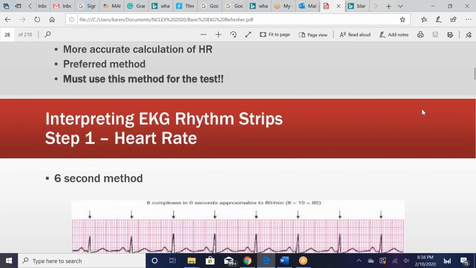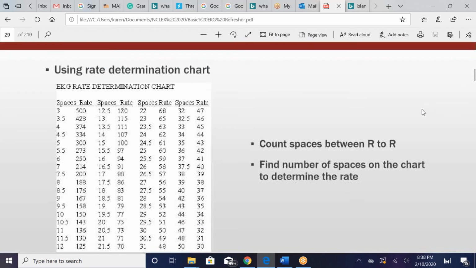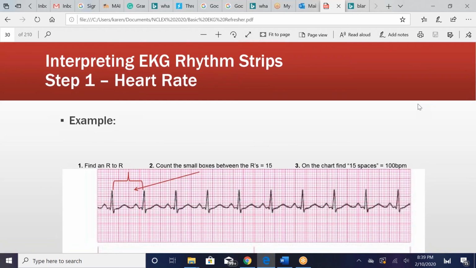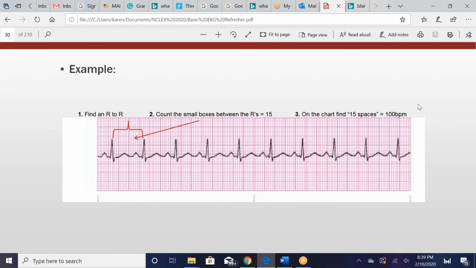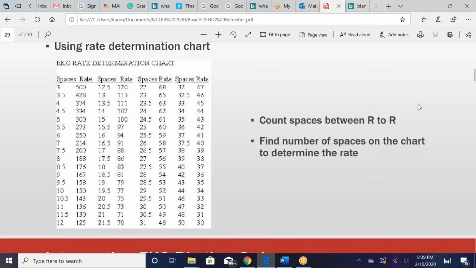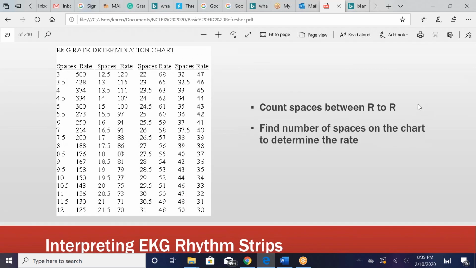Now, this chart is so complicated, a lot of people don't use it. So it's a count of spaces between the R to R. Find the number of spaces on the chart to determine the rate. However, in this one, they find the R, they count the small boxes between the R's, which is 15. So on the chart, find 15 spaces, and then we go on here, and I find 15, it tells me that the heart rate is 100. Then step 2,